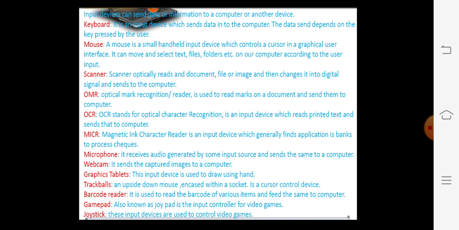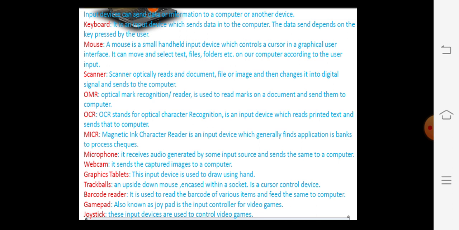Then the magnetic ink character reader is an input device which generally finds applications in banks to process checks. Then the microphone. What is the use of a microphone? It receives audio signals and sends them to the system in digital form. Then the webcam.